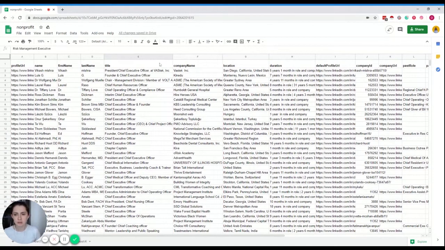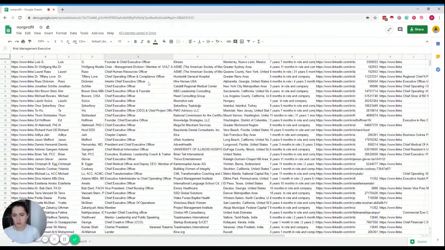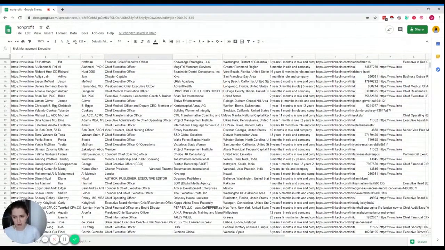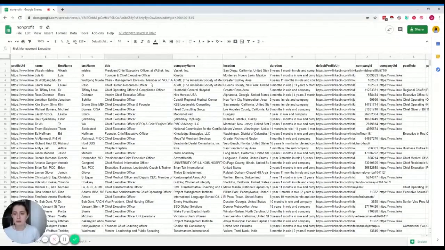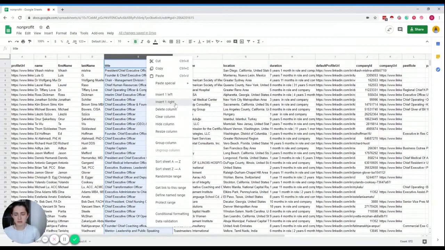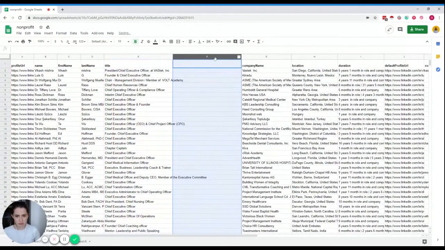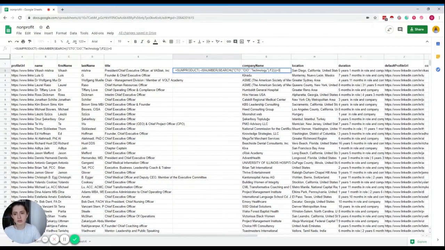for my research, and I'm going to do it by reviewing the titles. And I don't want to do it manually. This is why I'm going to use a formula for this. I'm creating a separate column where I will see the results, and I'm pasting my formula. I will share it in the comments so that you can use the formula as well and adjust it for